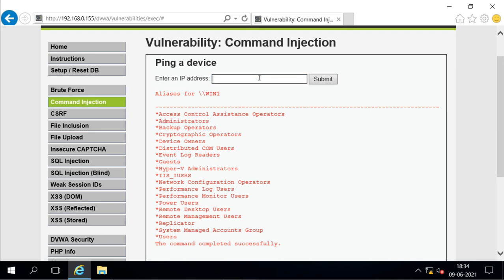So what I will do, very simple, I will run the net localgroup command, and then I will add this user. I will name the group, then the user name, and then I will say add. So the user will be added into that group.